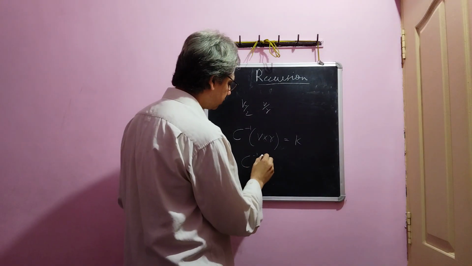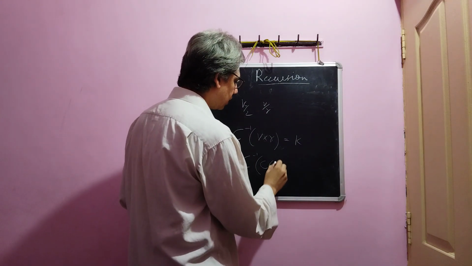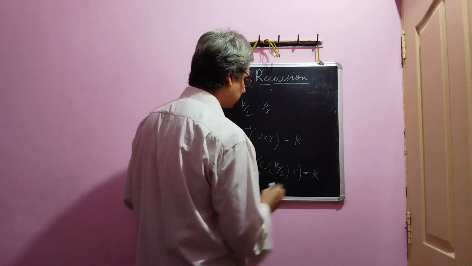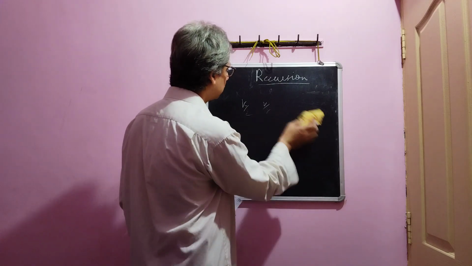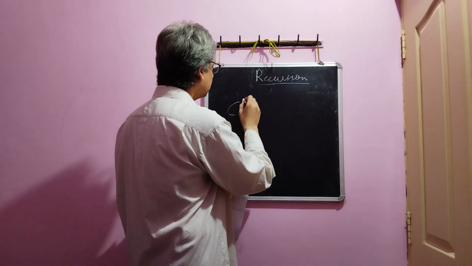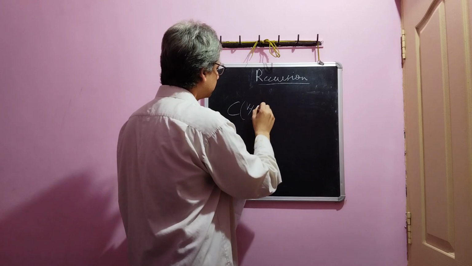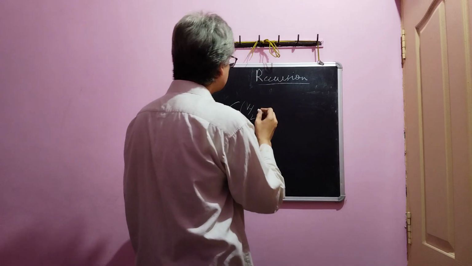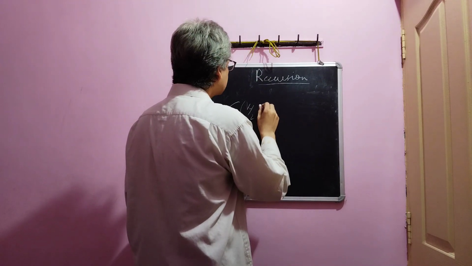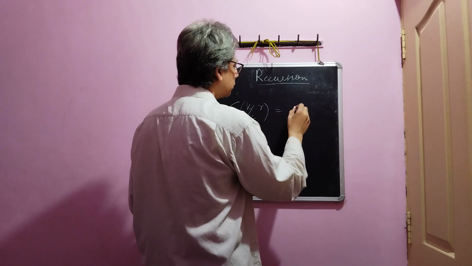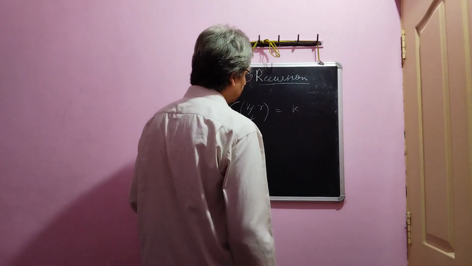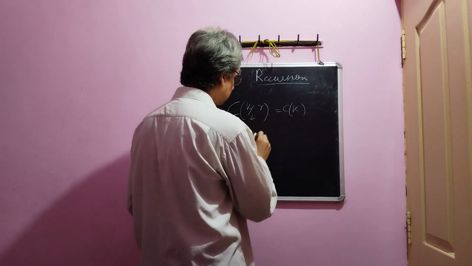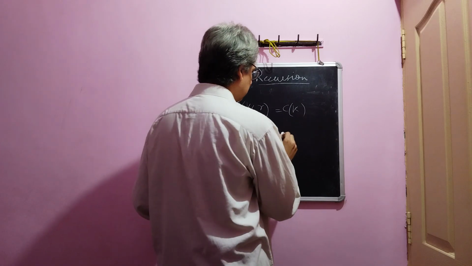In other words, C inverse of the coded value for k by 2 times r must be equal to k, or C of k by 2 times r must be equal to C of k. So C of k equal to C of